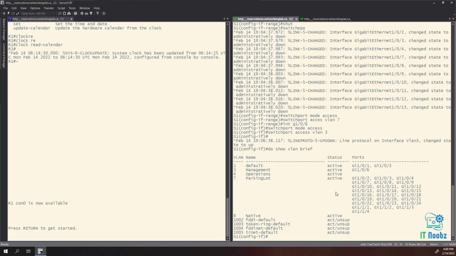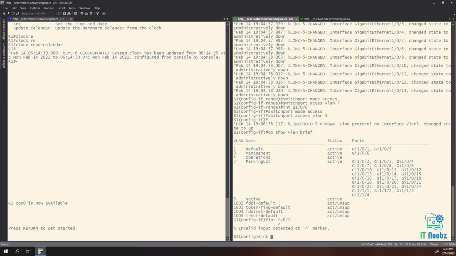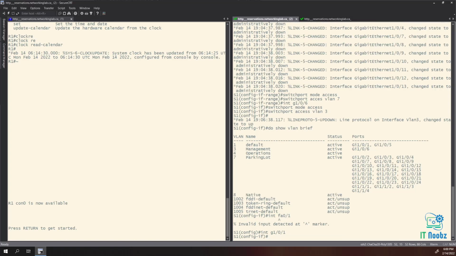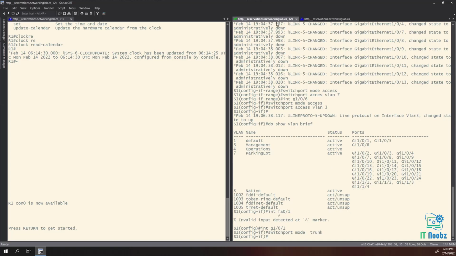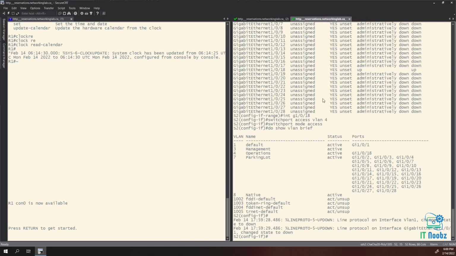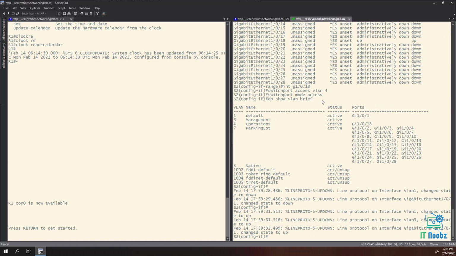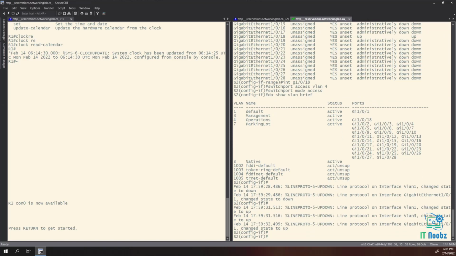Okay, so we can now go interface FA0/1. Oh, it's not FA, it's G101. And switchport mode trunk. And it's now going to flip over, and you'll notice all the states of our interfaces are going to change now as well. Same thing as well on this side, interface